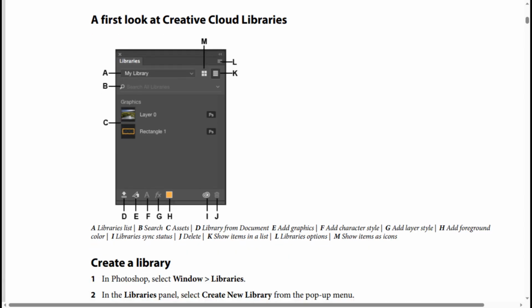Like this screenshot now, we have libraries and we have A, B, C. A is my library, B is search, and C is the layers, graphic layers. You can choose from any of them, and we have the other letters too. Okay, and everything now: A means layers list, B search, C assets, and D library from document,